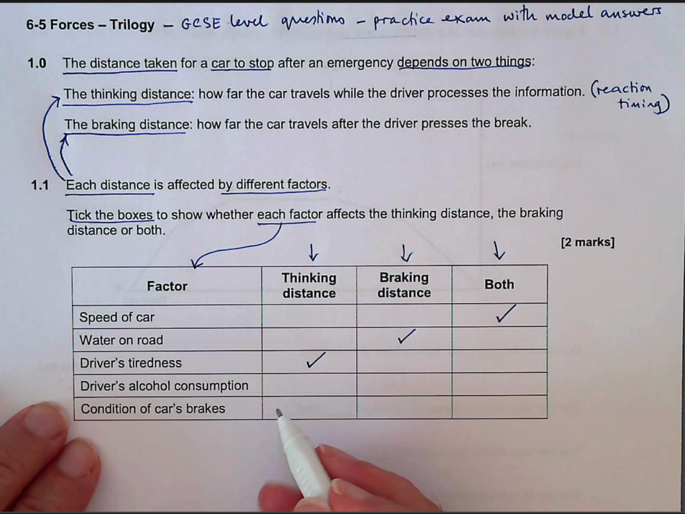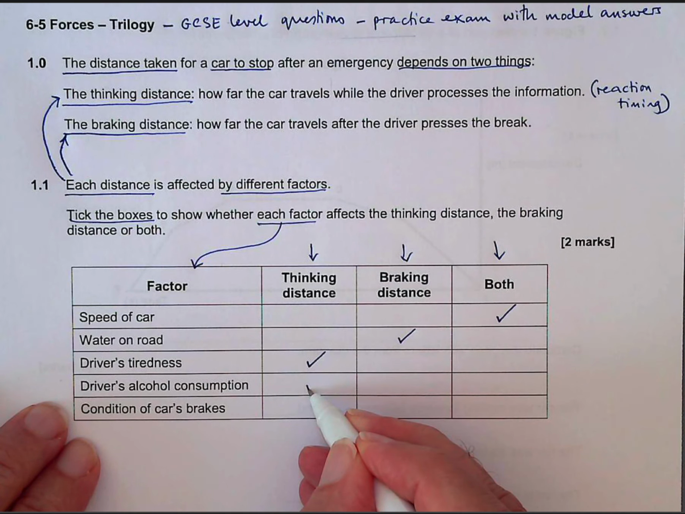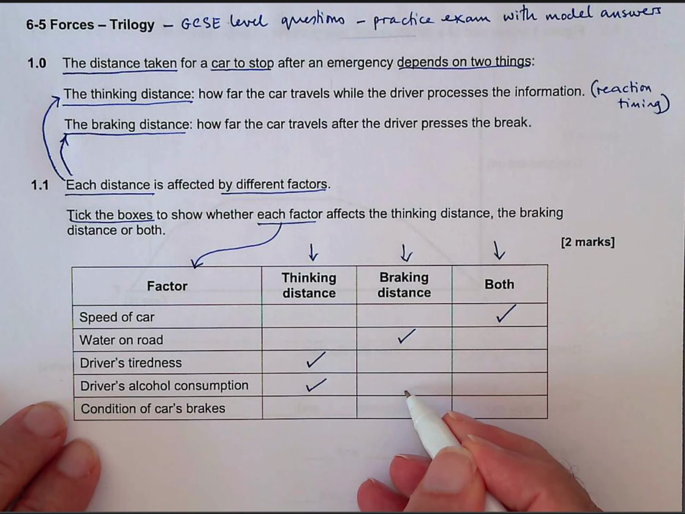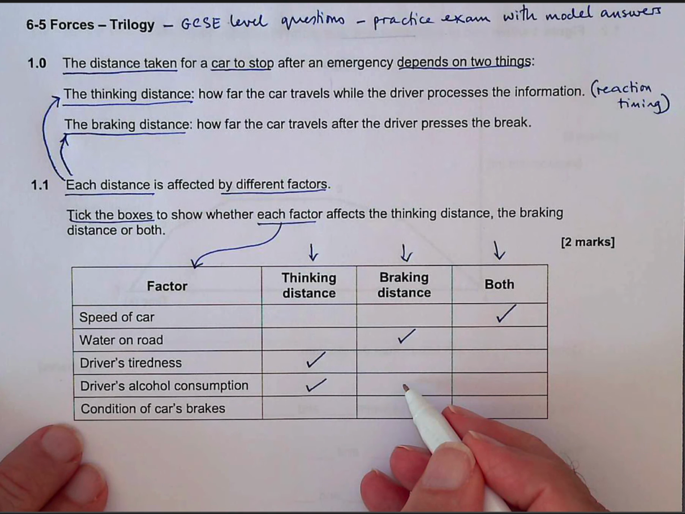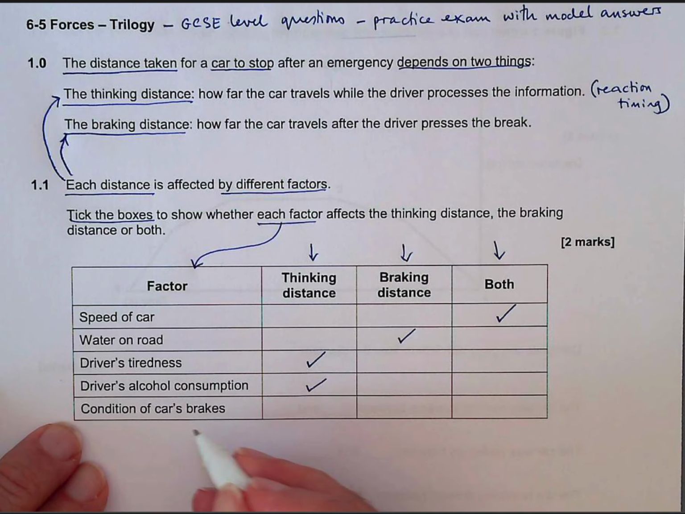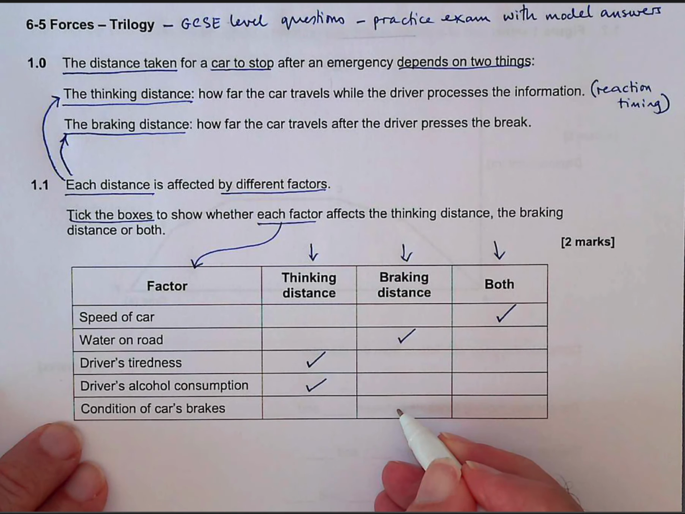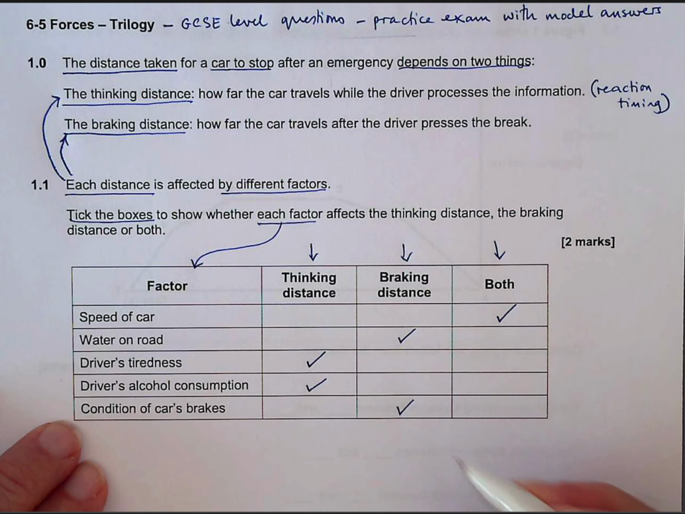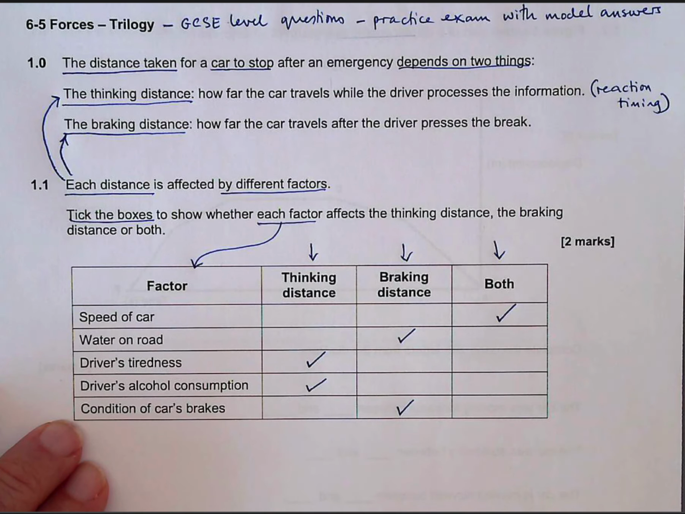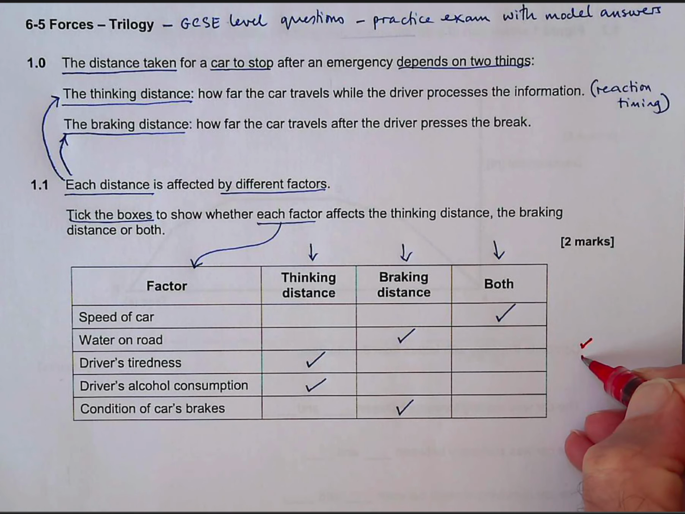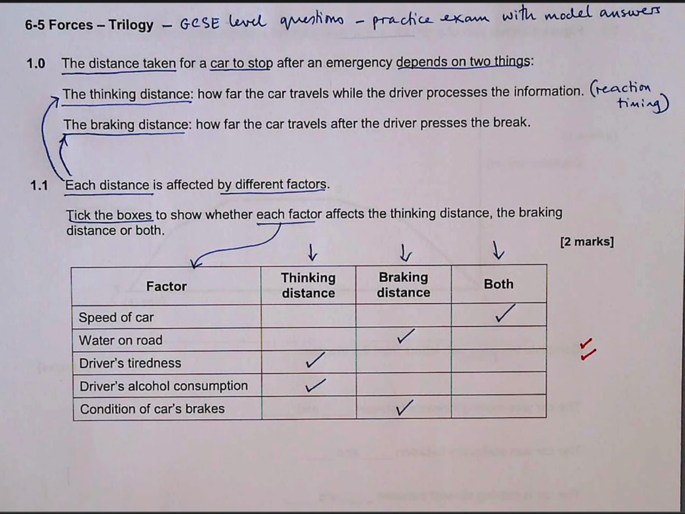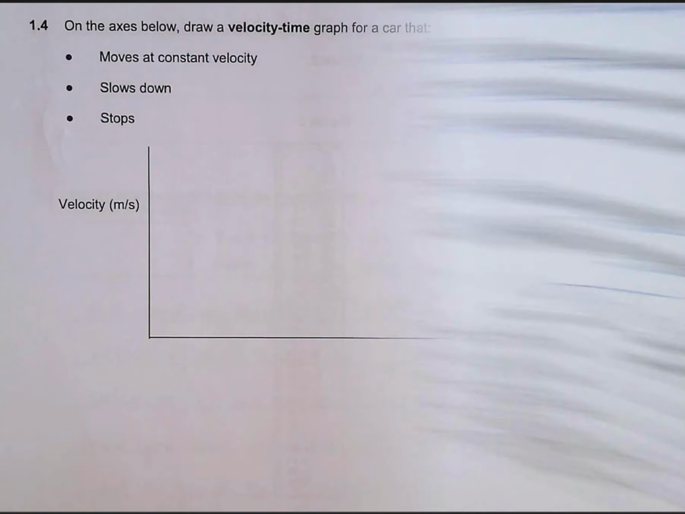And the driver's alcohol consumption, it also affects him mentally. It doesn't affect the braking mechanism of the car. And the conditions of the car brakes, well, that's obviously only going to be affecting that. So you get 2 marks, and if you got all 5 ticks correct, you'll get both marks, and if you've got 3 or 4 ticks correct, you'll get 1 mark. So that's how they're going to give you the 2 marks. So these are a nice, quick question to start you off. Okay? Over the page,